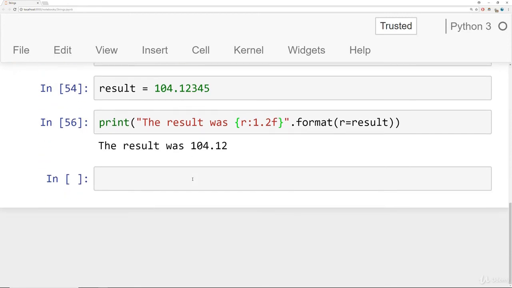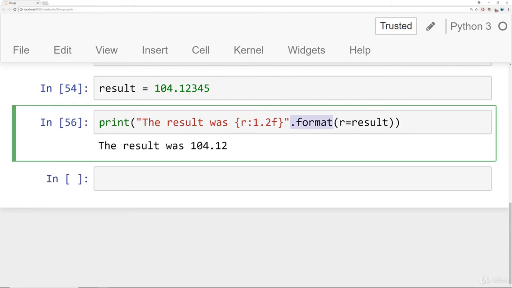Finally, what we're going to talk about is F-strings, and these are formatted string literals. These were introduced in Python 3.6, so they're still very new, and they offer several benefits over this older .format method. I generally prefer the .format method, but a lot of people prefer this string literal method, especially if they're coming in from other languages. And what it allows you to do is basically skip this step of using .format and instead write result, or whatever variable name you want, directly inside the string.